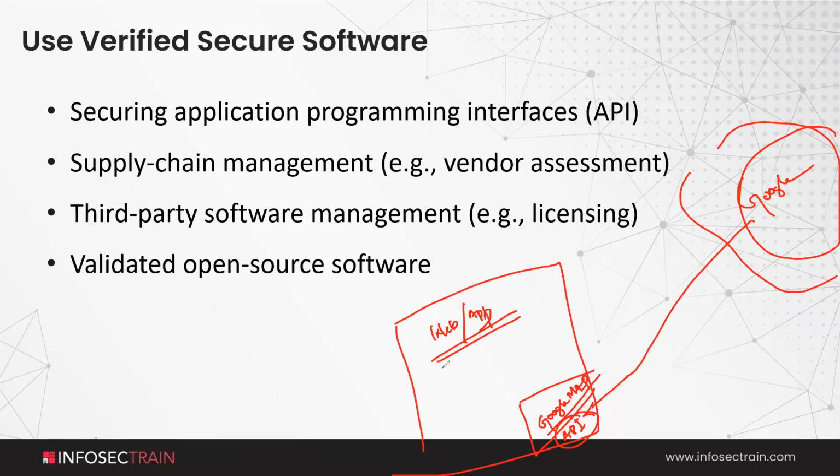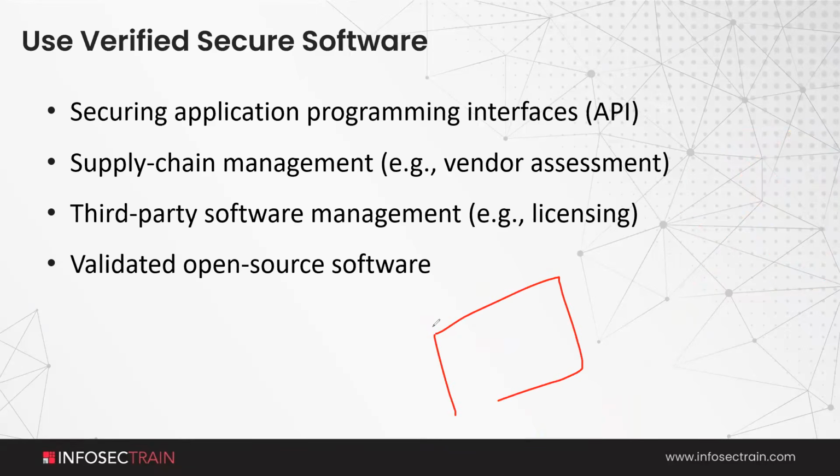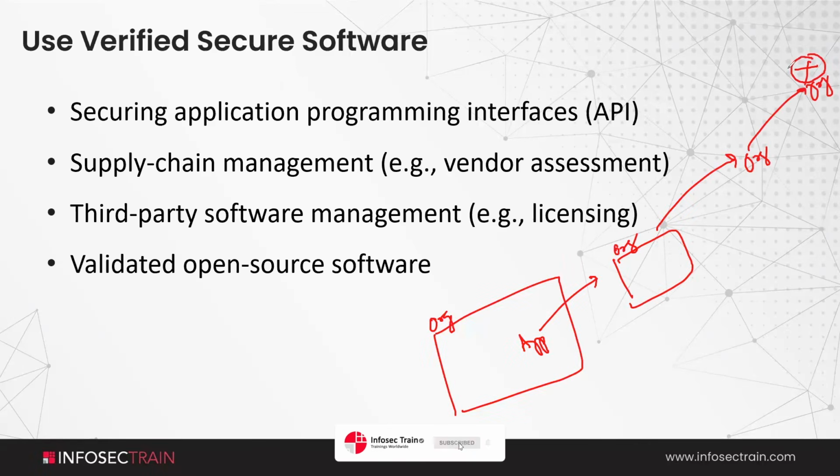Let's say, for example, we have an application. Let's say we have an organization here, and we want to develop an application. So I outsource my requirements to another company. This company is outsourcing some other part of it to another company, and this company is giving it to yet another company. So if something happens here, some vulnerability happens here, it will travel here, go to here, and at the end, it will affect my organization, right? That's a supply chain issue. That's a very common thing which can